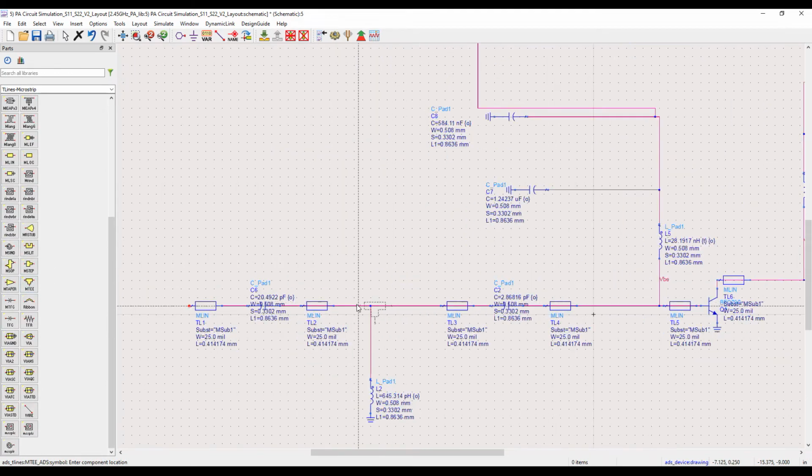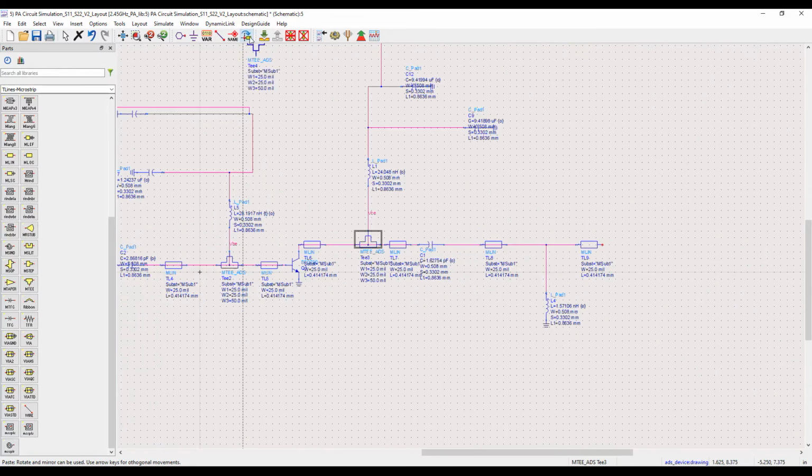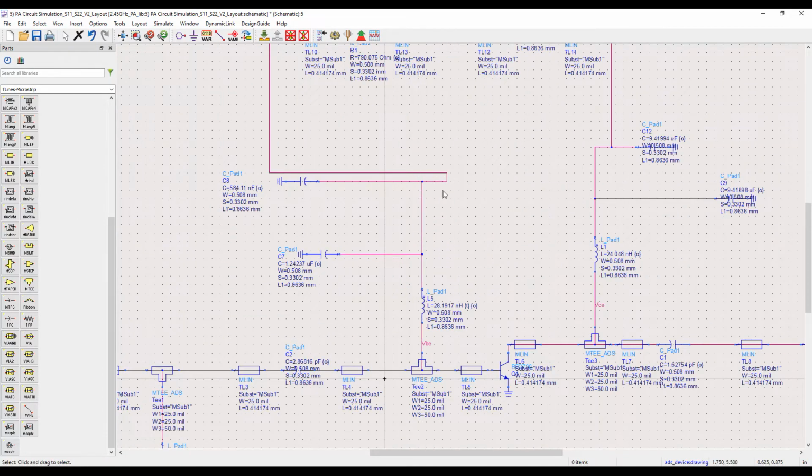After mlin insertion, we will insert the mtee. We are modifying the mtee width according to the DC line requirement.